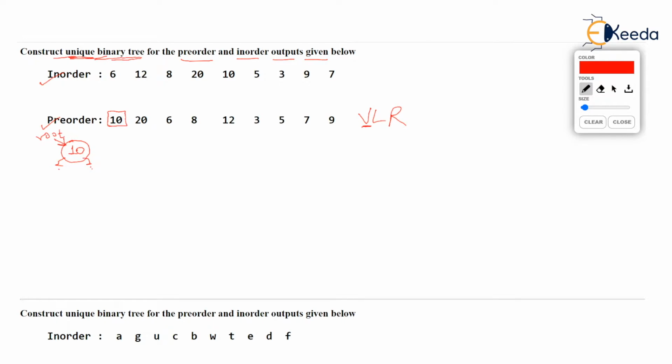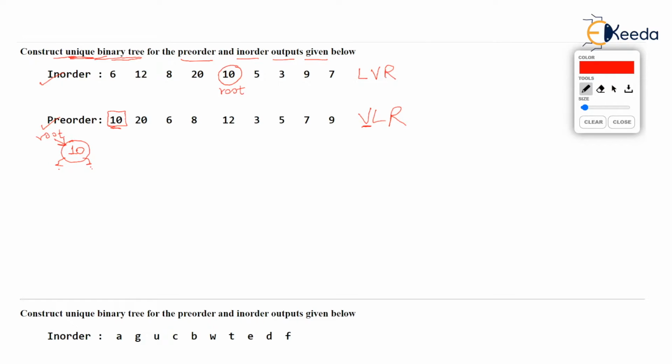Now, one more thing we do after adding 10 from pre-order is we search that 10 in the in-order traversal. Just see the in-order traversal and you will find 10, as I am marking in the in-order traversal. This is the root node. And we also know that the in-order traversal rule for traversing is LVR.